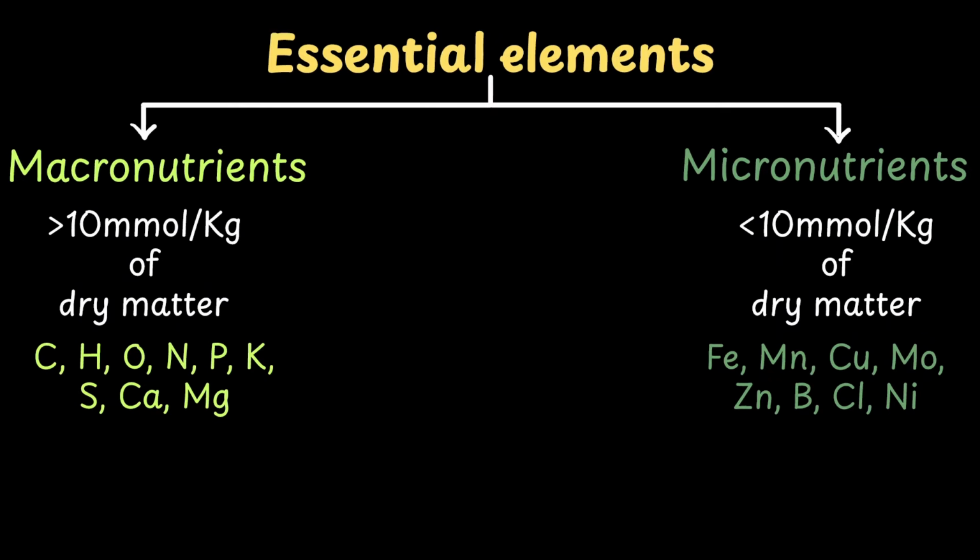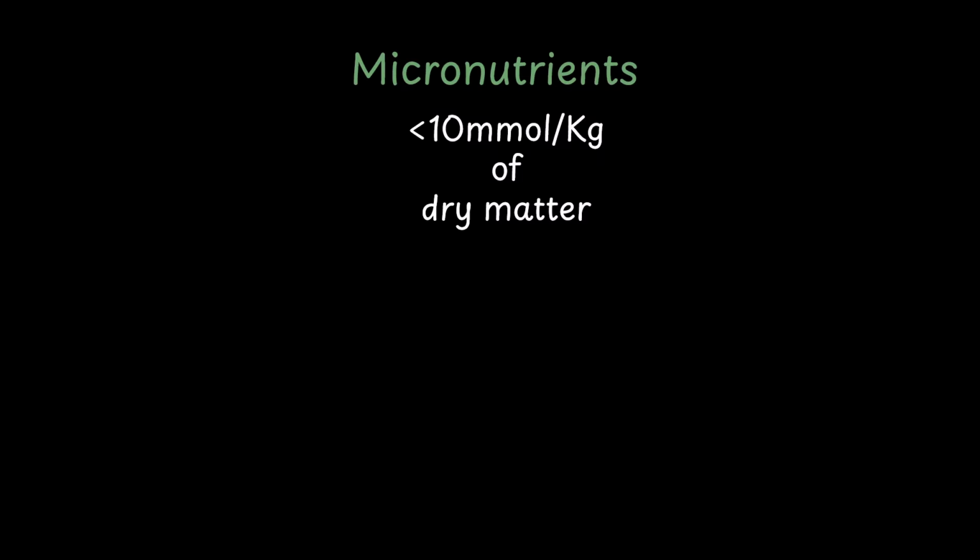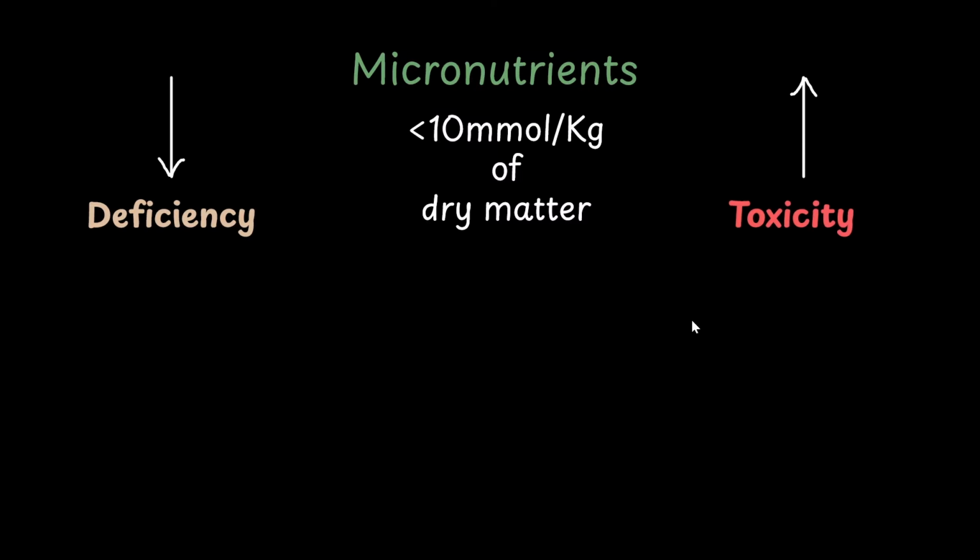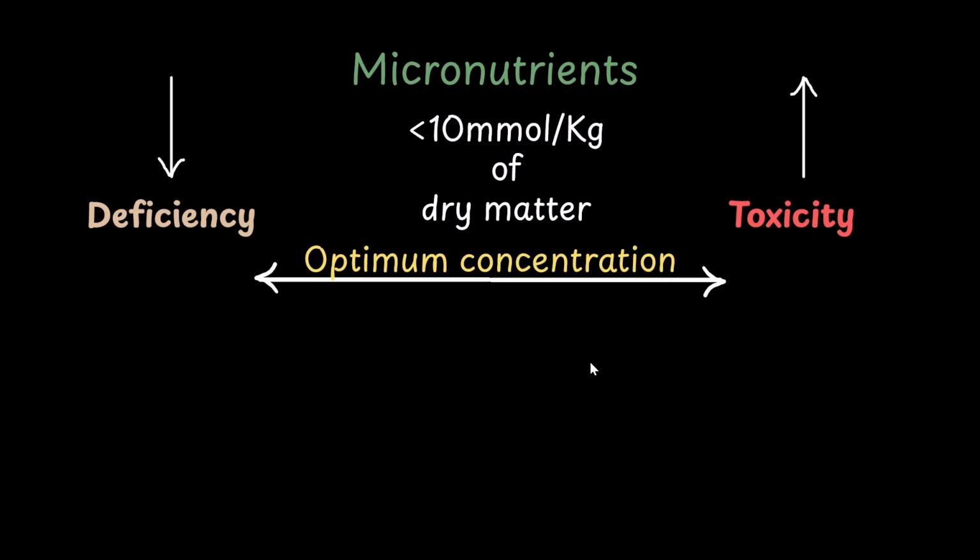Essential elements are classified as micro and macronutrients depending upon how much is needed for the plants. This amount is very critical. Plants require micronutrients almost always in low amounts. But a moderate decrease of these micronutrients can cause deficiency, and a moderate increase can cause toxicity. In other words, there is a very narrow range of concentration in which the elements are at an optimum level